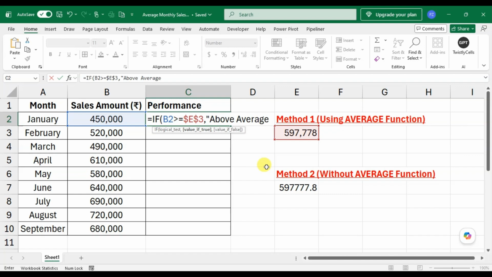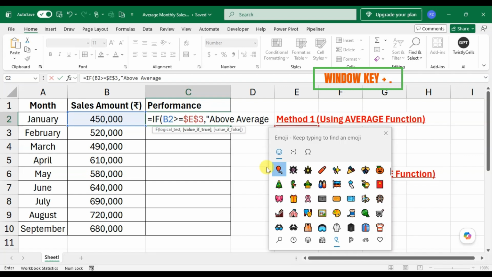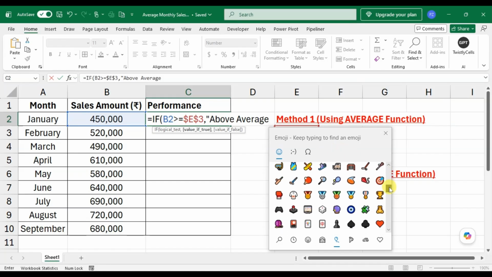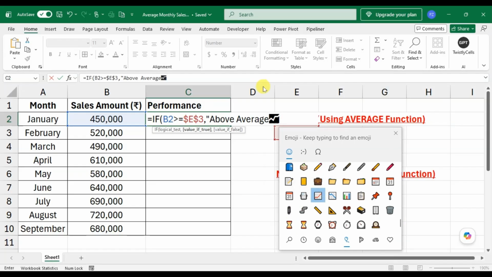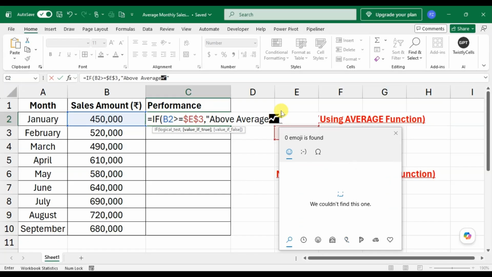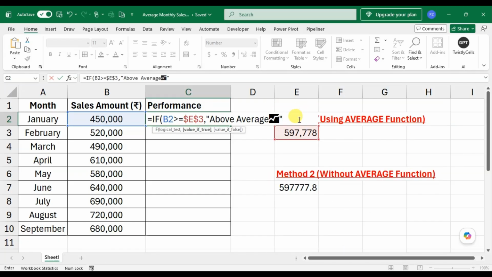and then press the Windows key plus period to open the emoji dialog box. I just drag here and select the small chart. I select the chart increasing, then use the double quote, close this emoji, then use the comma, double quote, type below average,